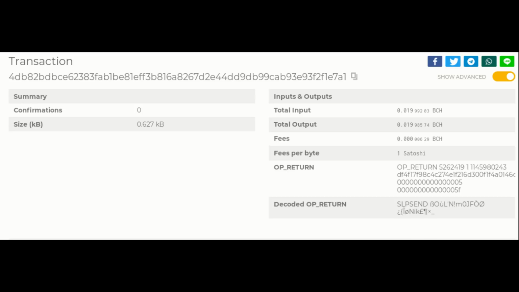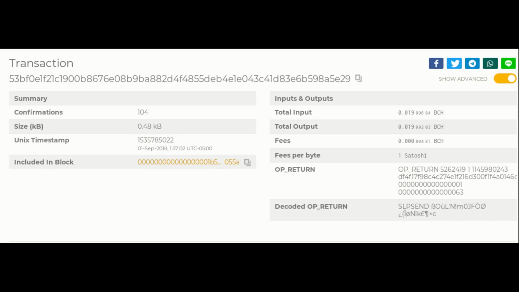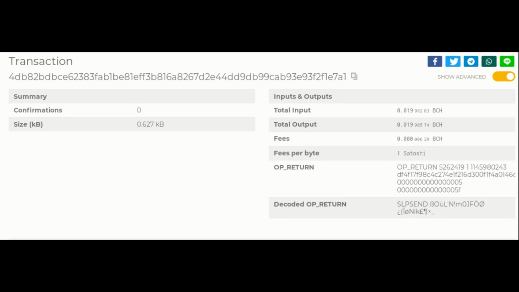The one good thing is that you do have a reference hash, but this reference hash references your Genesis transaction. So if we look at the data for this third transaction, the second entry links back to the Genesis transaction. Okay, it starts with a DF4. That's the Genesis transaction. The second transaction that we did started with 53BF0, and that's the one that we want. If we link back to 53BF0, you can see the hash that would be there for that second transaction.